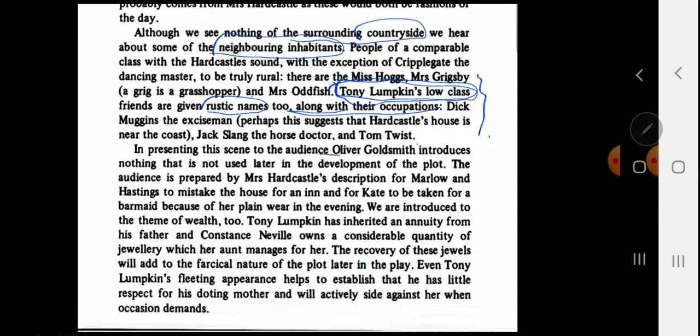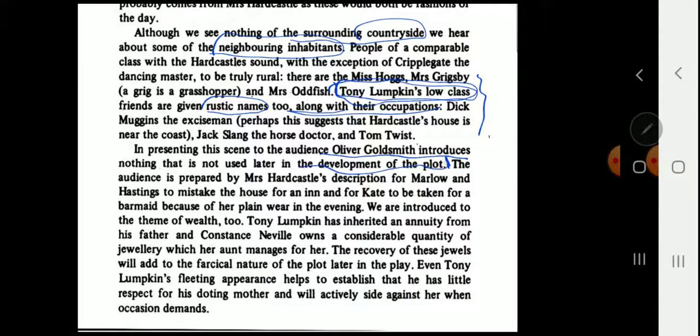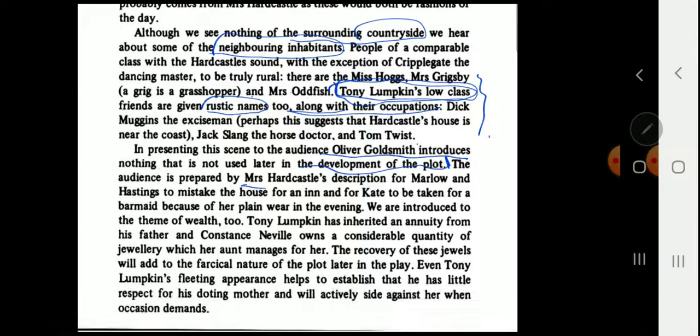So we will not go through these things a lot, but the most important thing is that at the beginning, Oliver Goldsmith introduces nothing that is not used later in the development of the play. What it means is that he gives almost all the information of the whole play at the beginning. Let's say that the audience right now is prepared for Mrs. Hardcastle's description for Marlowe